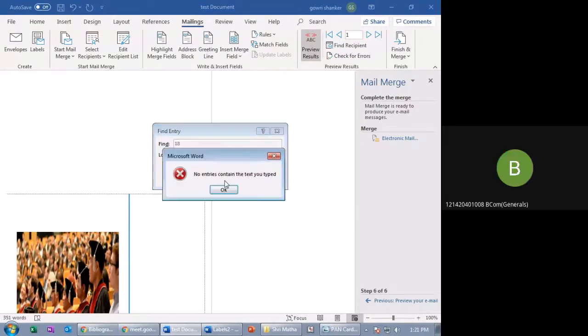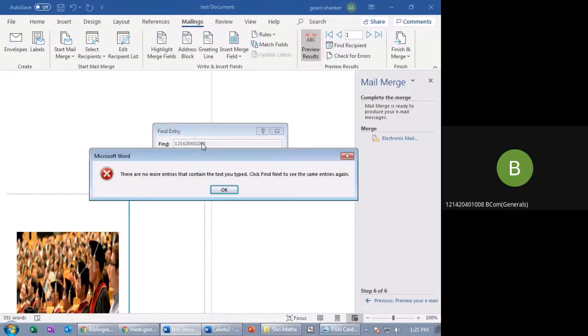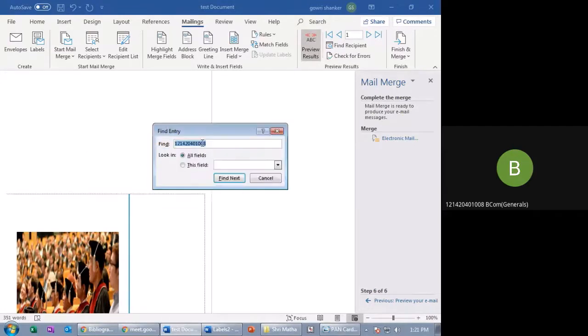There are no more entries, content type. Click on first name. Okay. All fields it is showing. Let me check. Not there. Okay. Office it will be there.